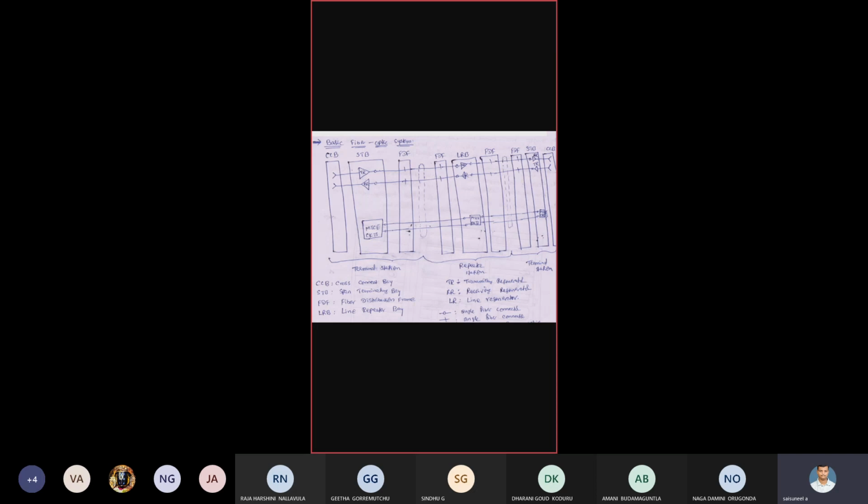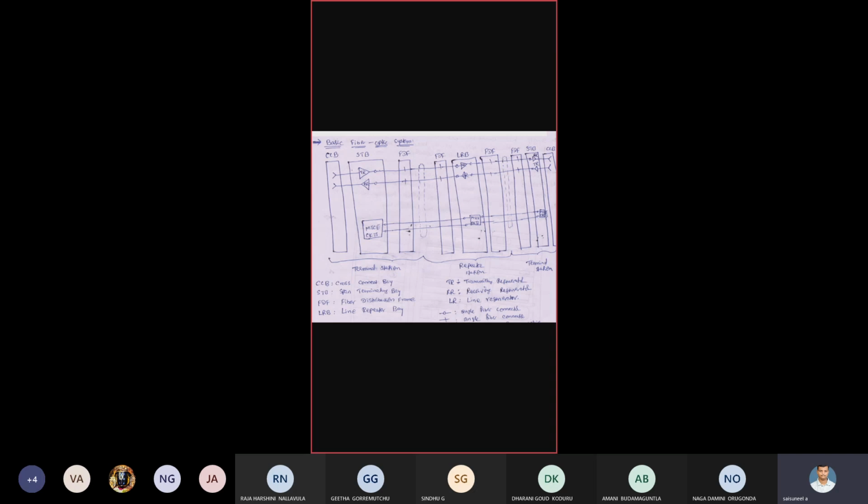Look at this: the abbreviations are for the transmission side and the receiver side. The first one is CCB, that means cross connect bay. What is meant by cross connect bay? Suppose your class has 16 students, and the network contains the 16 students connected in the network. Suppose you are connected from 1 to 6, and you are connected from 1 to 8. That is cross connecting, not a straight connection. We have to connect crosswise to a number of users, and at that time we use the cross connect bay.